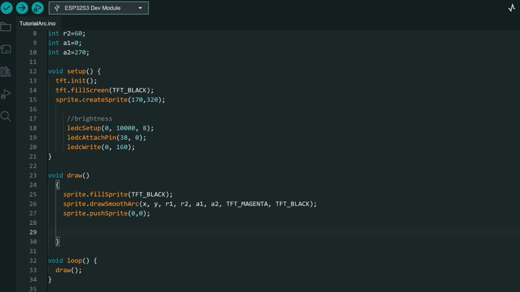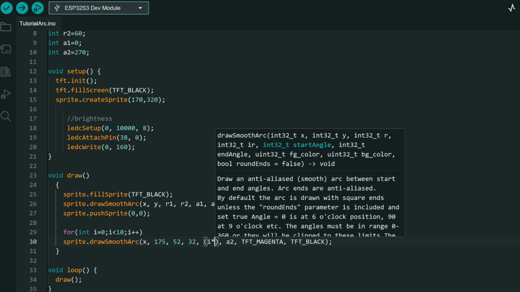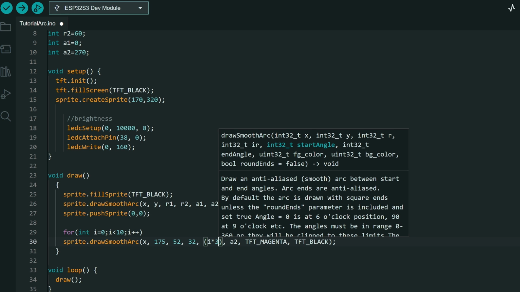So the whole circle has 360 degrees. If we want a graph of 10 segments, 360 divided by 10 is 36. I will copy this. X can be the same. Here I will use Y 175, outer radius 52, 32, the angle is I multiplied by 36,